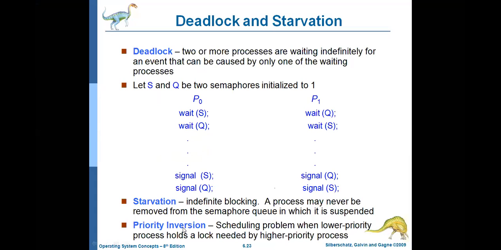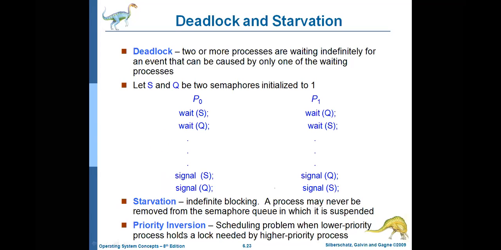What is priority inversion? Whenever a low priority process holds a lock needed by a high priority process. For example, the low priority process acquires the lock in order to enter into the critical section. It will not release the lock, so all the high priority processes may wait for that particular lock. But the low priority process may not release the lock because it is waiting for some other process. So the lock is blocked at the low priority process, and the high priority process has to wait for the low priority process. That is called priority inversion.